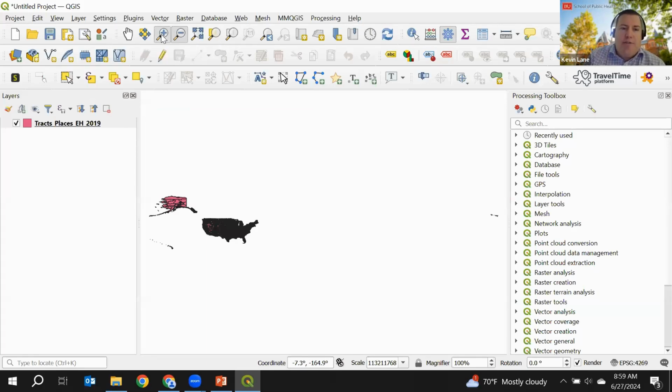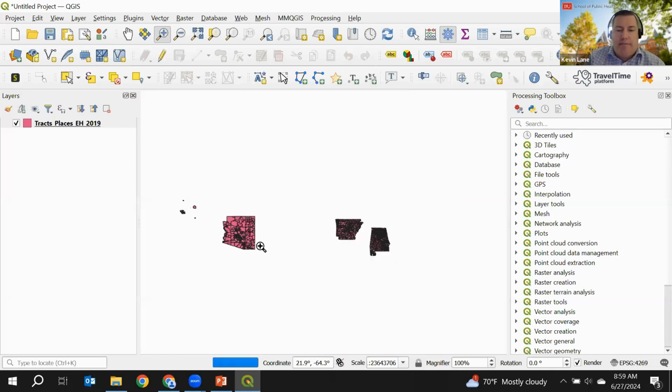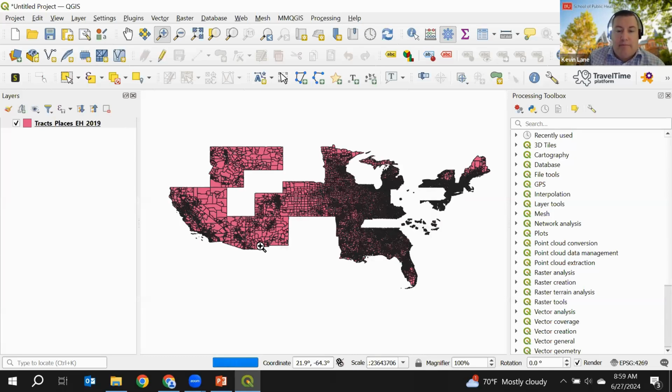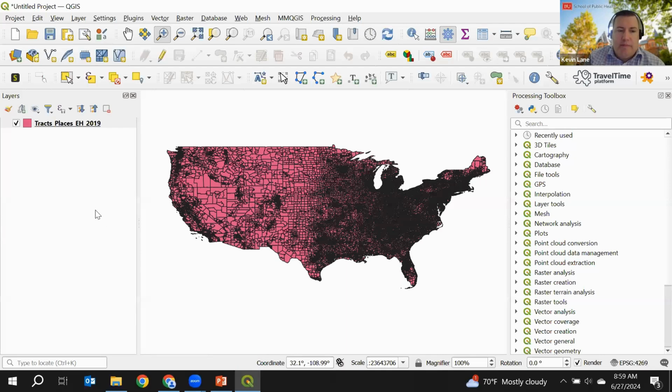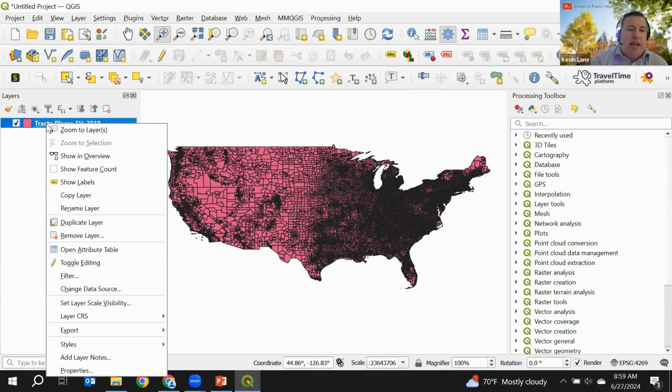I'm going to zoom in just on the conterminous United States here. So I'm going to click and drag and draw a box using the plus magnifying glass. So I can move around, as you can see, very easily. Now, not just seeing the United States in its census tracts, we can also see data contained within them. By right-clicking on this tracts places layer, so I just right-click over here,